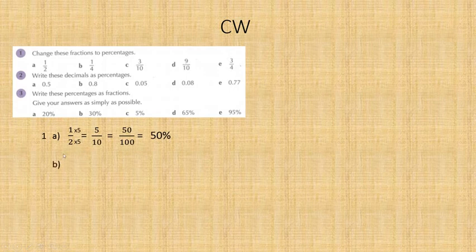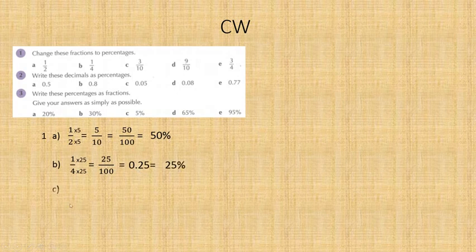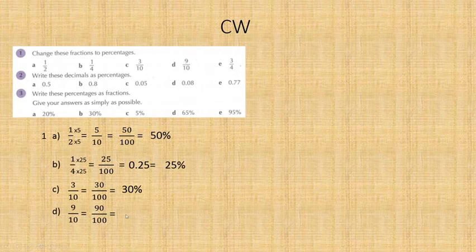Number B, it's 1 over 4, so I multiply by the best friend, which is 25 down and up, so it's going to be 25 over 100, which equals 0.25, which equals 25%. And number C, 3 over 10, it's very easy. I'm adding a 0 down and a 0 up, so it's going to be 30 over 100, which equals 30%. And number D is going to be the same. Number D is 9 over 10, so I'm adding 0 down and 0 up, so it's going to be